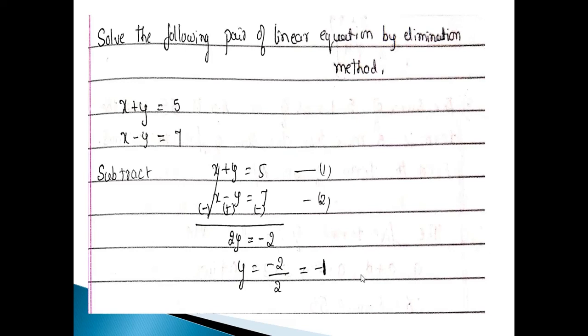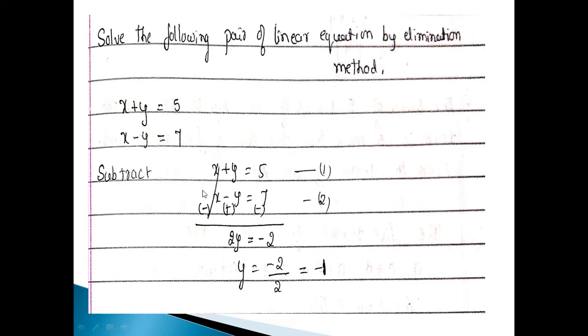Okay. So first we have to concentrate on whether the first variables are equal. If they are equal, write down as it is and then subtract these two equations. While subtracting, we have to change the sign of the second one. That is, here already it is plus, here we have to change this one as minus. And here it is minus y, we have to change to plus. And here it is plus 7, we have to change that as minus.